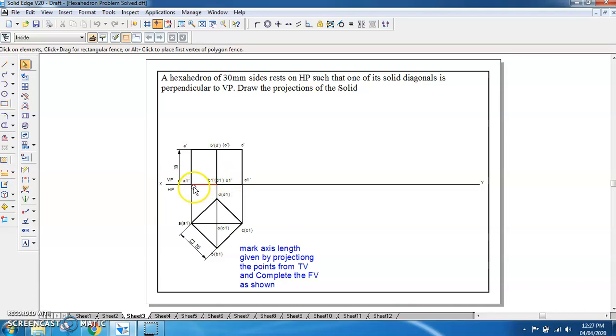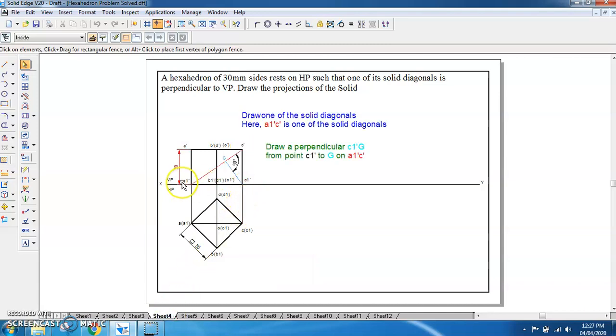So we are saying that we are taking a solid diagonal which is connecting A1 to C. So we can see that solid diagonal here. We have drawn a solid diagonal. A1 dash, C1 dash is one of the solid diagonals. So this is the solid diagonal which we have drawn. And then we have to draw one perpendicular to this solid diagonal from C1. So that is C1G is the perpendicular to this